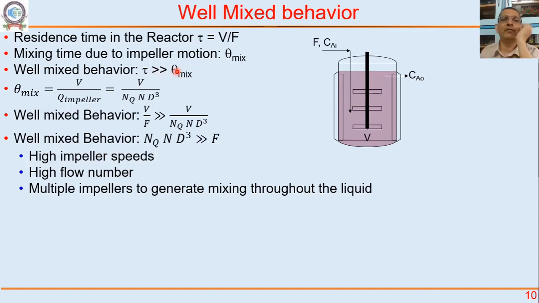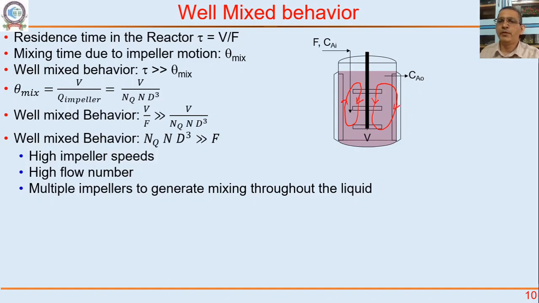Think about all these things, visualize, right? Mixing time by the impeller, you might have studied in the undergraduate course, is volume of the liquid divided by flow rate generated by the impeller. Flow rate generated by the impeller will be NQ, pumping number of the impeller, flow number of the impeller, multiplied by ND cube. So for well mixed behavior, we want V by F to be far greater than V divided by NQ and D cube, or NQ and D cube should be far greater than flow rate. That means the mixing flow generated by this impeller inside should be very, very large